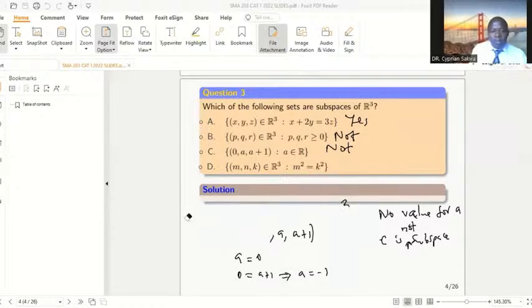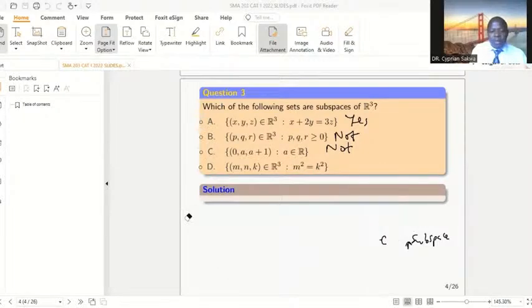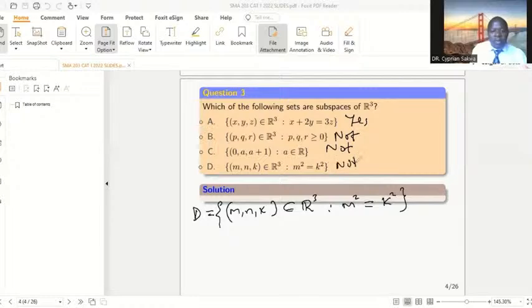Let's look at D. Want to see whether it's a vector subspace or not. From the look of things, let me just write it first of all. D is a set comprising of (M, N, K) in R3 such that the square of the first element equals the square of the third element. So I can see, therefore, from the look of things that this will not be a subspace, because D consists of